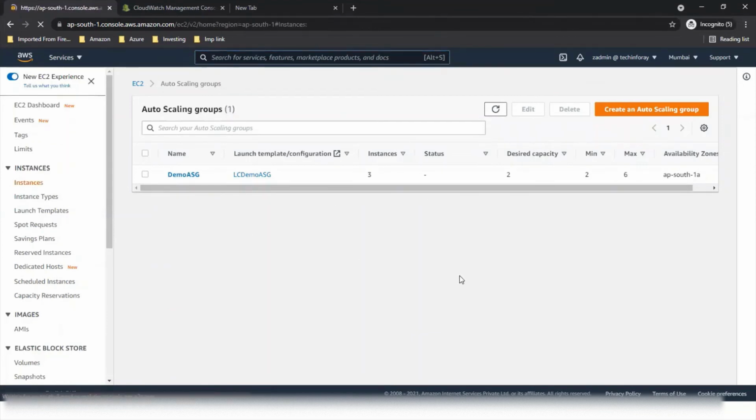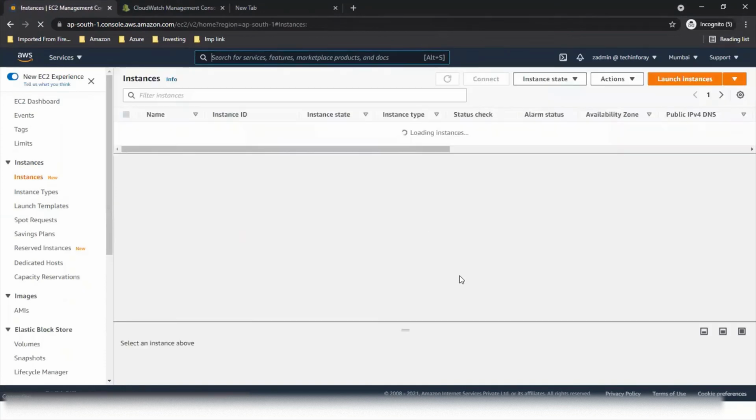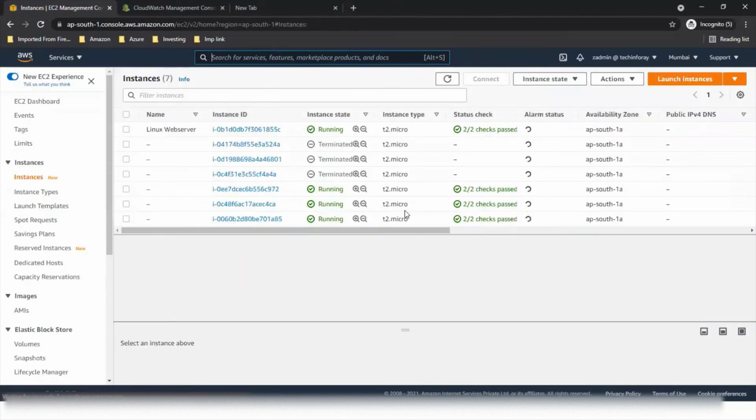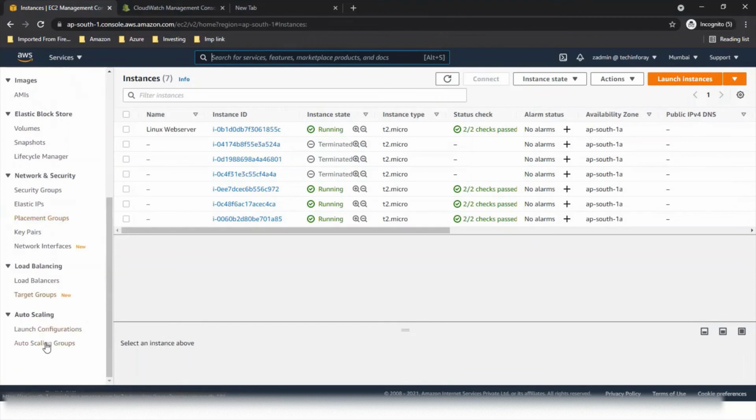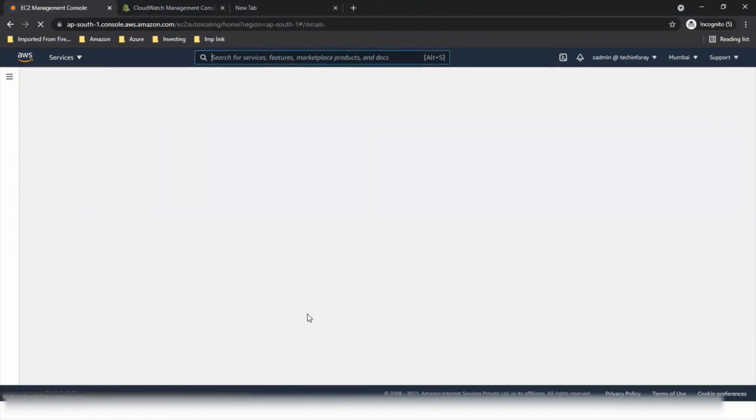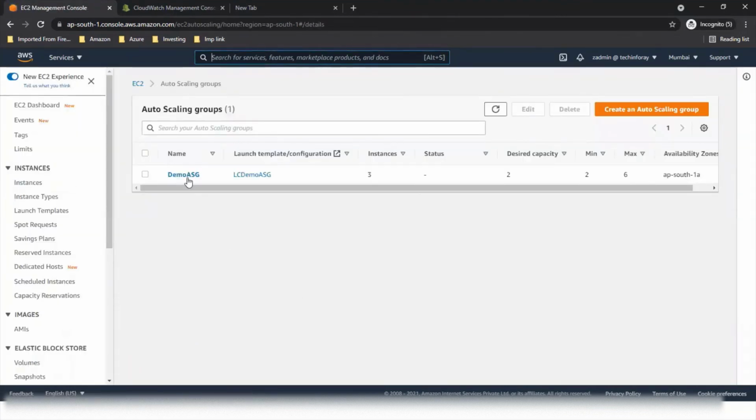So if we go to instances, the fourth machine has been terminated, 3 are running. Slowly, once it is drained, the auto scaling group will terminate the third machine also.